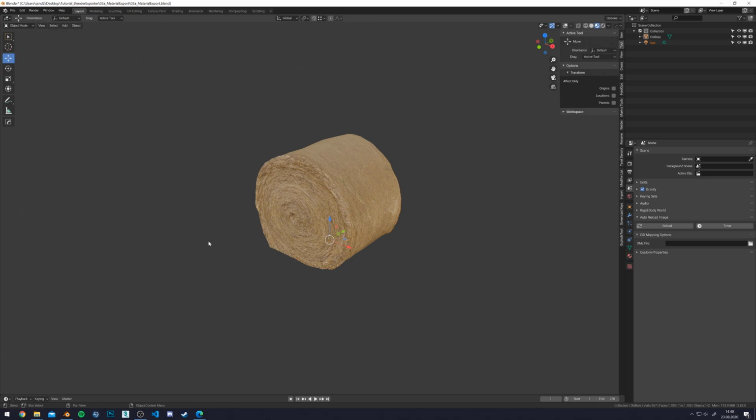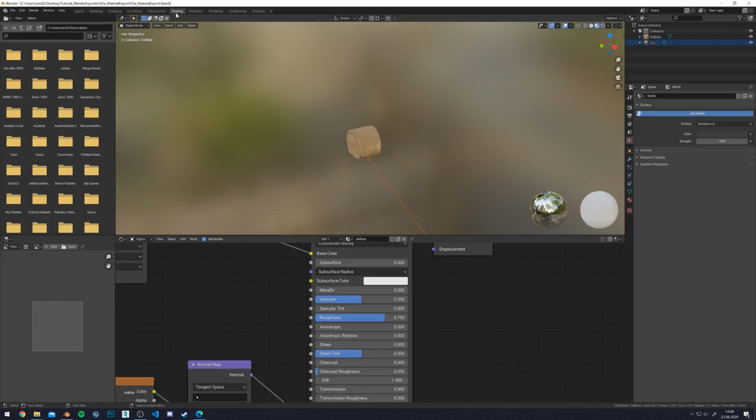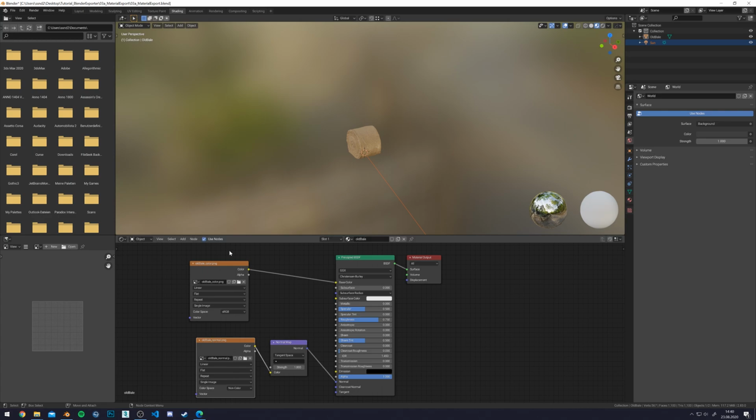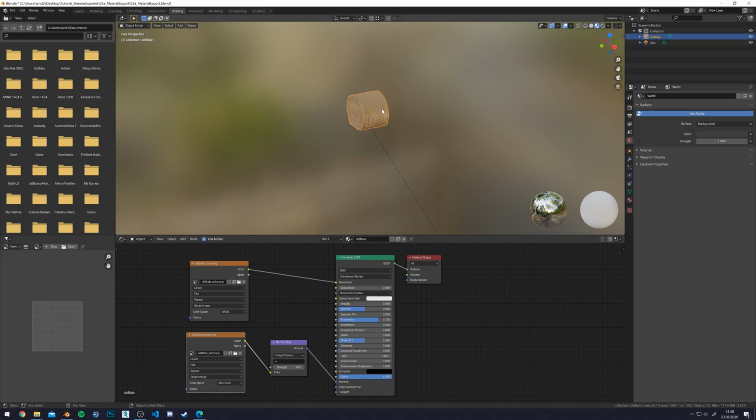The exporter is also able to export textures. All you have to do is set them up in the correct way. So for anything that is not using a special shader, the setup is enough. So you plug the color map into the base color and the normal map into a normal map node that is also going into the normal input here. Make sure that your normal map is in the color space for non-color,